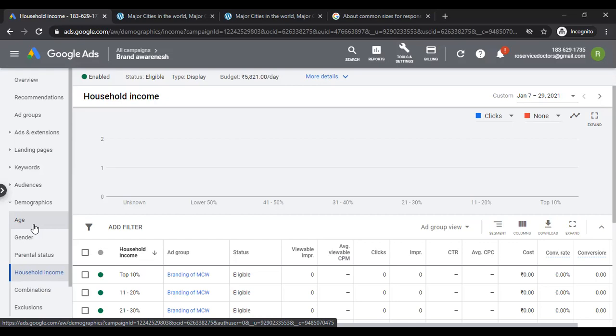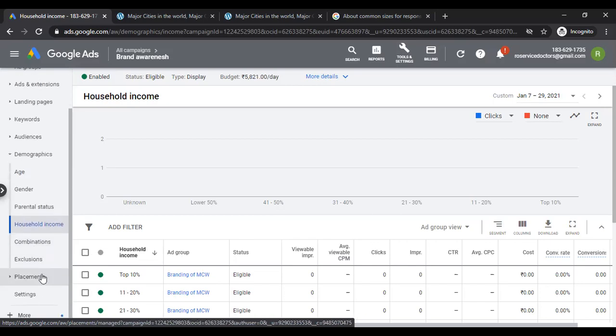The ad running is not a big deal, but your ad must be visible to the right person. So if you think that you are selling earphones and the cost of that earphone is around 100